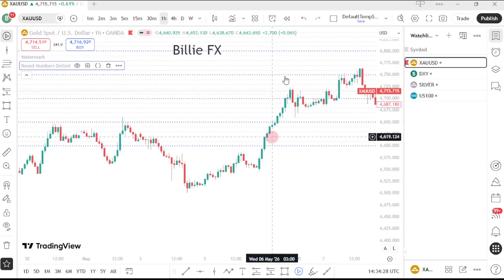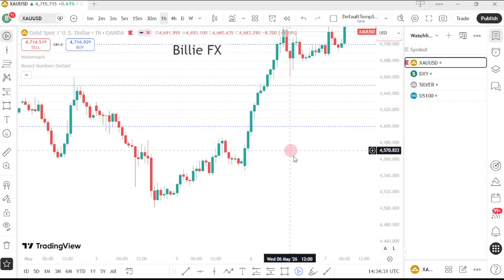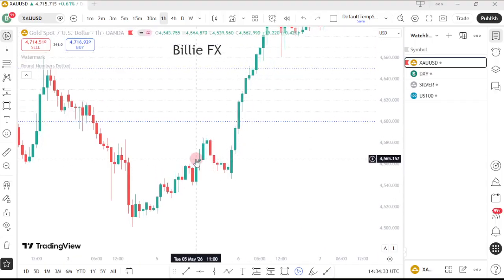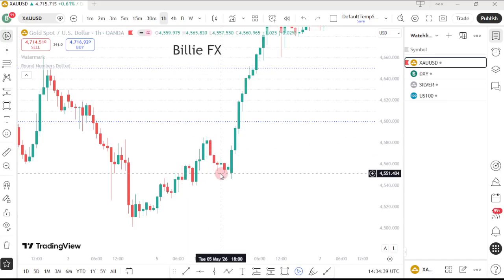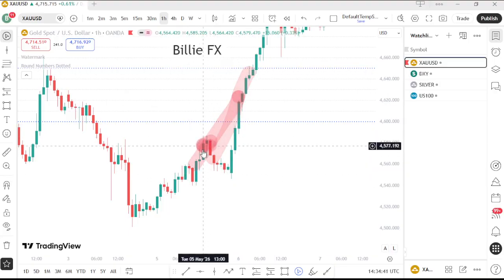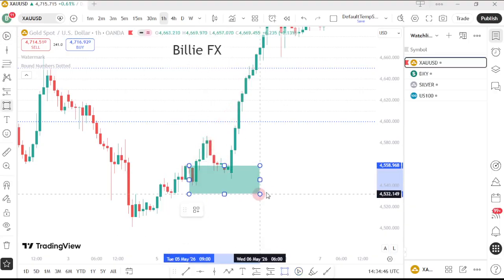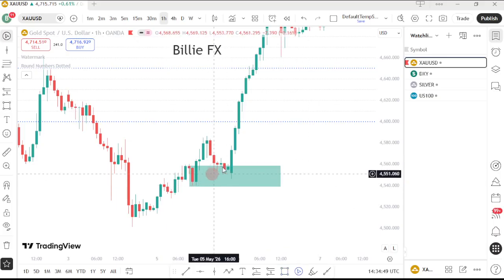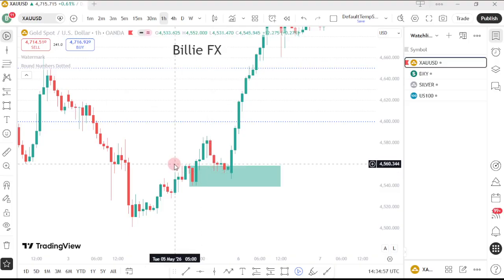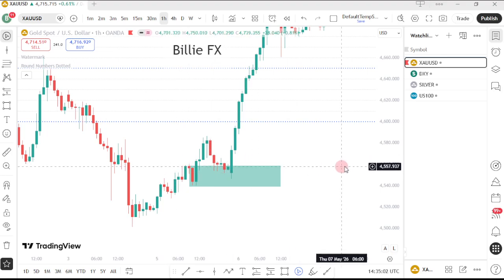My psychological levels are just taking the current price action, so we are just going to use our visuals to determine the psychological level that is occurring around here. But like I said, since the dollar index at this point was weak, we expected gold to at least buy. This is where I took the stop loss; I should have bought, right? So where is the area of demand where we can buy from? This is the area of demand, very simple. Where is the psychological level within the area of demand? Like I said, psychological levels are round numbers. So we start from the tip of the demand, then you see, is there a round number? There's 60, right? Can you see? At the tip of the demand, you can see a price level